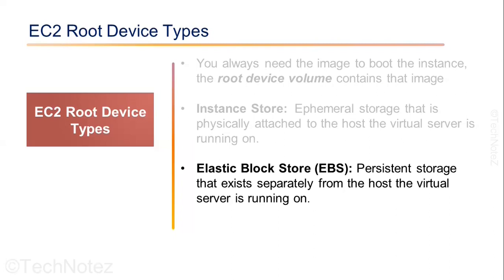When creating an EC2 instance, you will have the option to choose the root device type that best fits your requirements. You can choose the EC2 instance root device type depending on the type of applications, workload, and the data durability. It is important to note that some instance types may only be available with one type of root device. For example, ARM instances are only available as instance store backed instances.